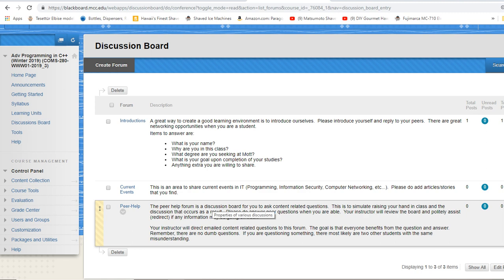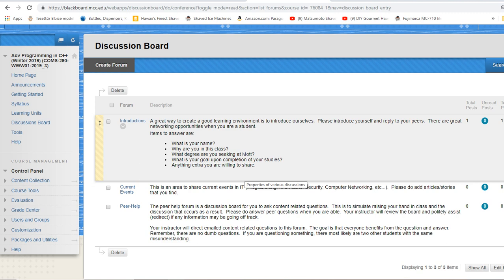The last thread is for peer help. The idea of peer help is because as much as online classes are fantastic, we're missing the face-to-face communication. So it's a way for you to have that feeling of communication with your classmates, related to the course, related to an assignment, related to anything within the course, not related to grading. If you have any questions about grading, please do not post in here, send it to me directly. Once you post under peer help, hopefully other students can reply, and then you might help them also. If no one answers within half a day or a day, I will reply, or you can go ahead and email me at that time.